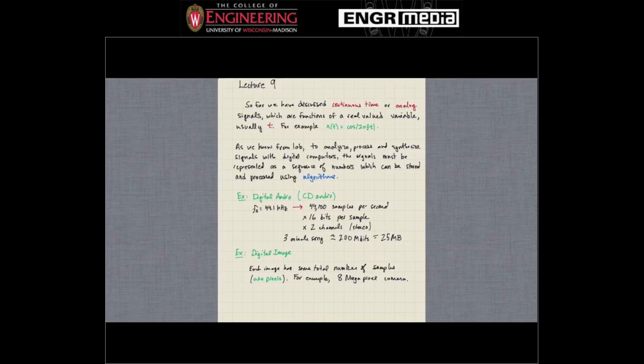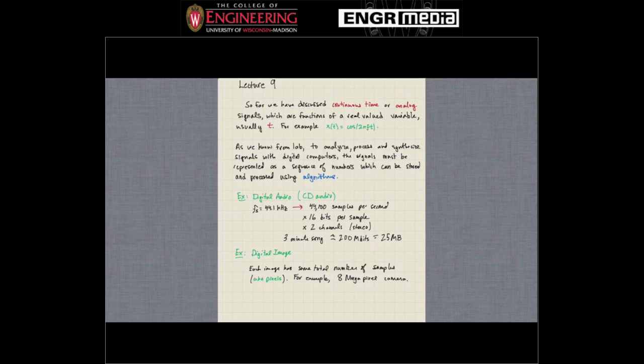Okay, so for the most part for this course, except in lab, we've really discussed what are called continuous time signals or analog signals. And those signals are just functions of real valued variables, usually t, to indicate time. And so t can take on any value, right? Any real number. As an example, a signal we've spent a lot of time with is just x of t equals cosine 2 pi ft. Okay, and so that's defined for values of t that are, for example, 0.2 or square root of 2,